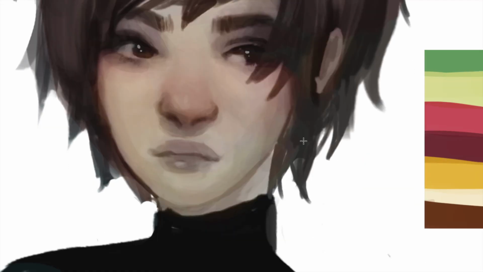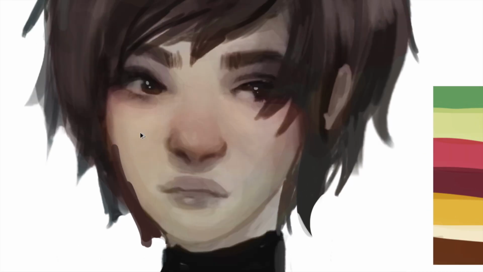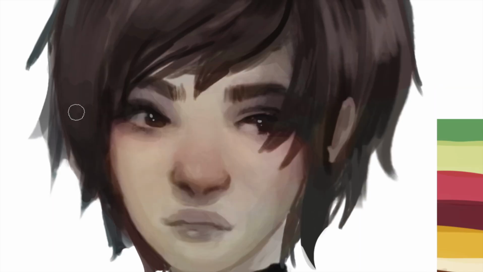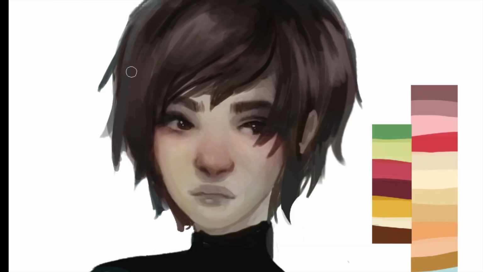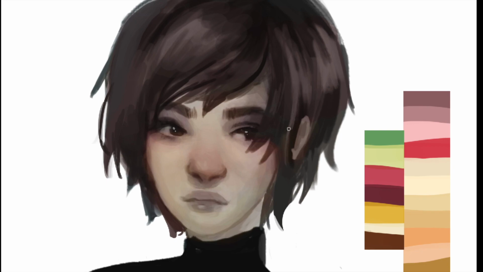Eventually I'll make a normal layer on top of it and just paint really softly with a low opacity and a soft brush. Paint back on the natural colors so they're not tainted by the grayscale below, and it will make it a lot more luminous and pretty. That was my favorite part.